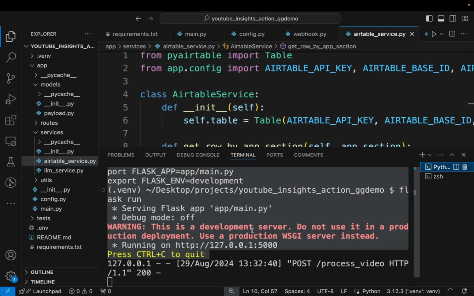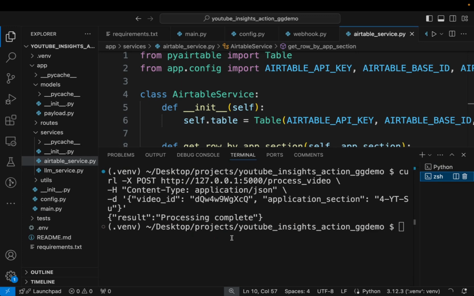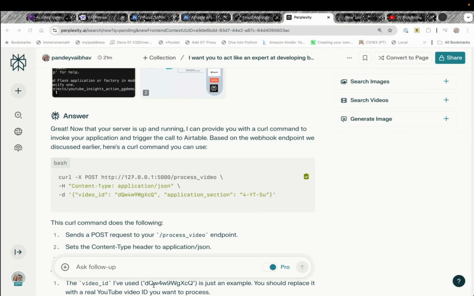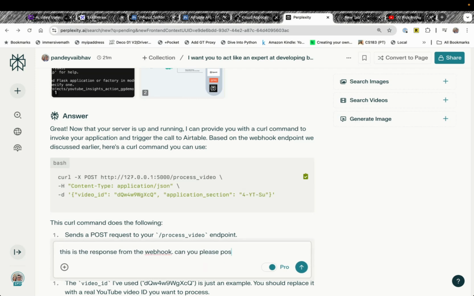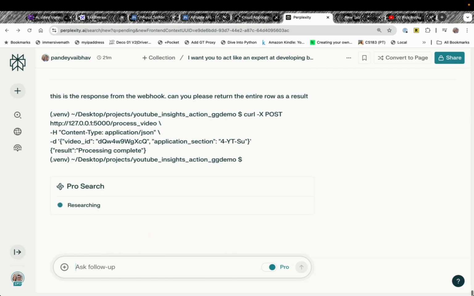So let's just see. It got the request. I got back a 200, right? So result is processing complete, but I don't see any response, right? So I'm just going to say, hey, this is the response from the webhook. Can you please return the entire row as a result? I want to see what the results are, what is the result that Airtable has given back, and therefore it's important that I ask it to modify